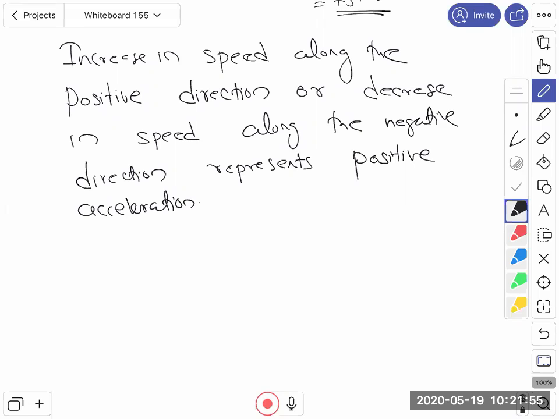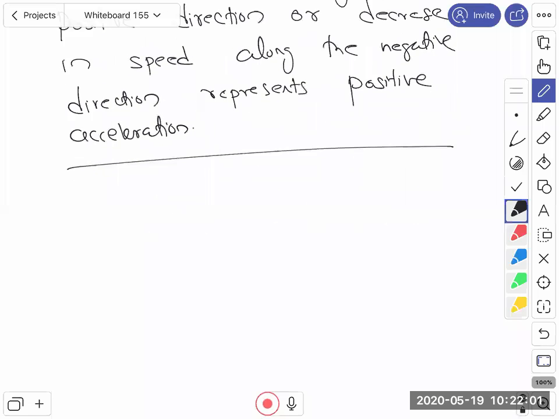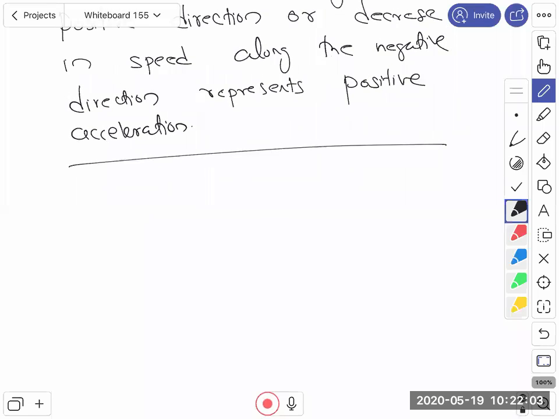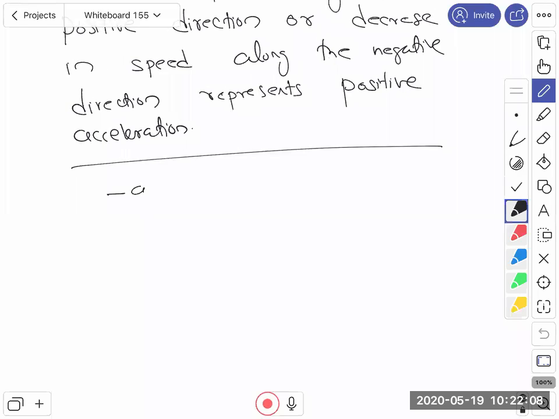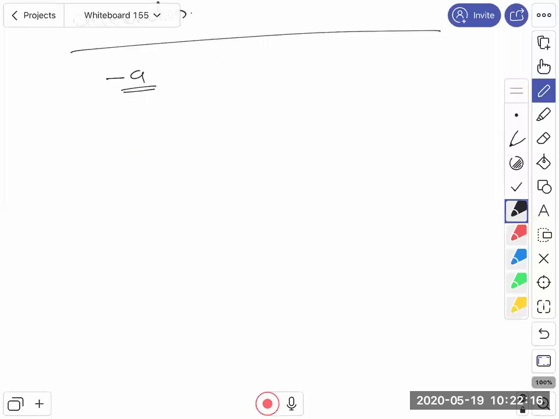So you can write next one, what is negative acceleration or deceleration? So bolo, what is negative acceleration or deceleration kya rahega? Decrease in speed along the positive direction or increase in speed along the negative direction is represented as negative acceleration or deceleration. Yeah, exactly. So here you can write negative acceleration or deceleration means, like assume that a particle was